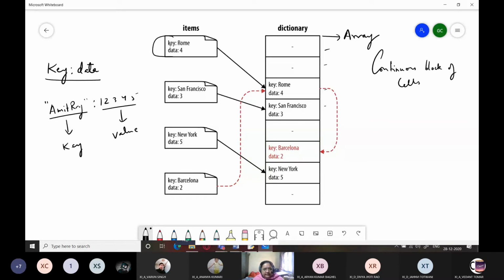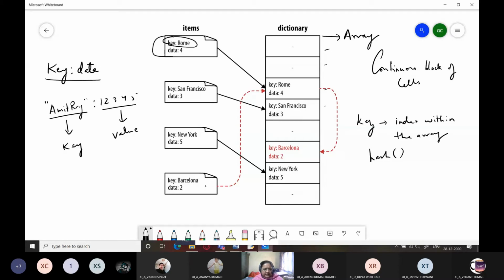Internally these keys are converted into some internal index within the array using some hash function, right? Which we don't have to worry about, and hence they are stored.